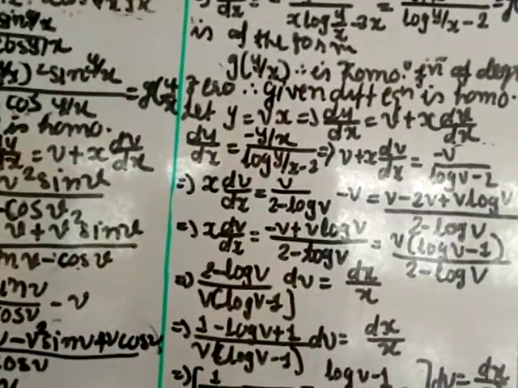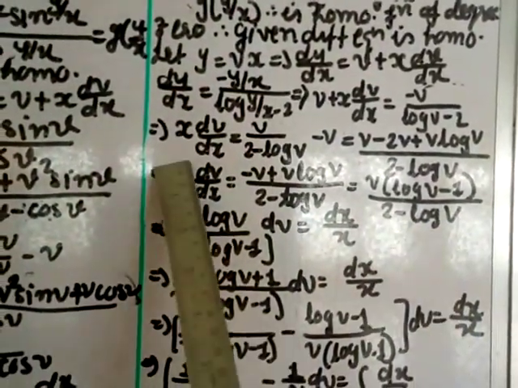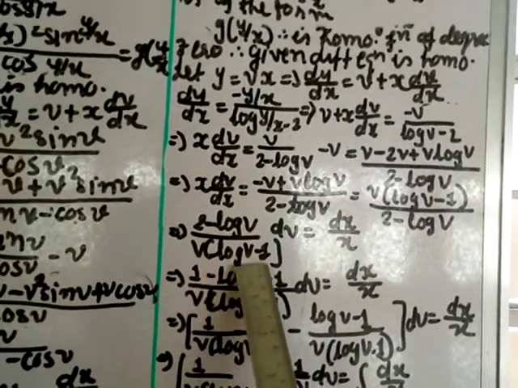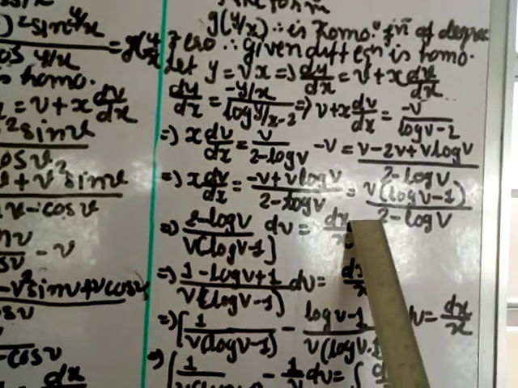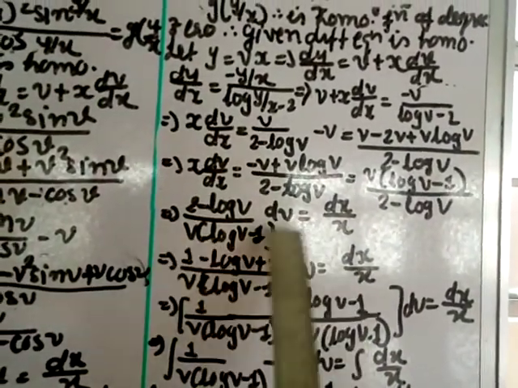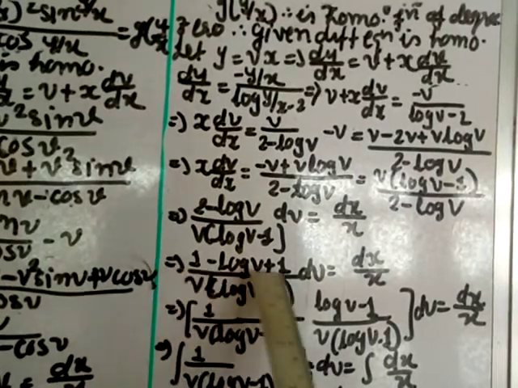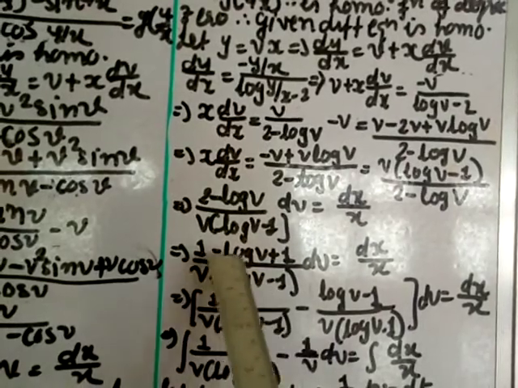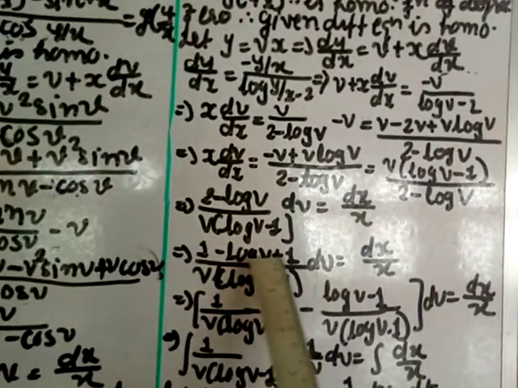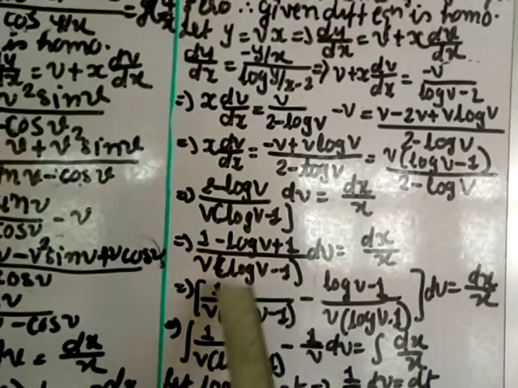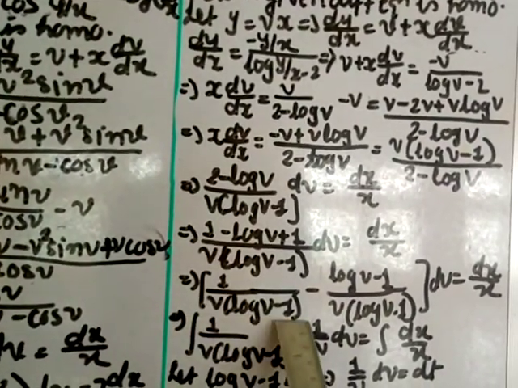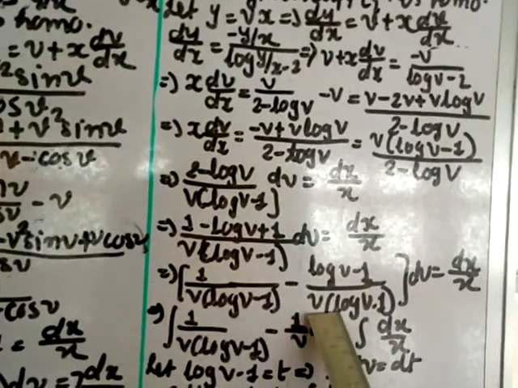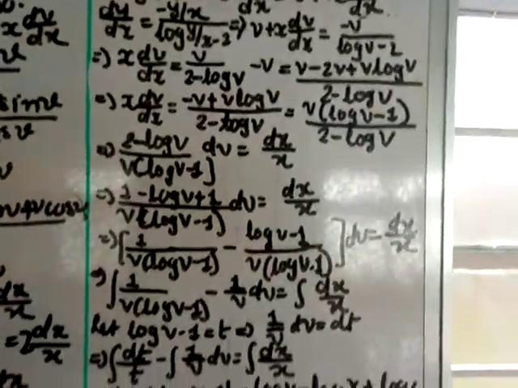Now let us separate the variables. This you transfer here, it will go in the numerator. This you transfer to the denominator. So you get 2 minus log v divided by v into log v minus 1, dv, and dx by x, you transfer. Before integrating, I will make a little arrangement. So 2 can be written as 1 plus 1, and minus log v here. Now I am going to separate 1 by this, and this one is 1 minus log v, minus 1 by this one. So I have written here 1 divided by v into log v minus 1, minus this. From these two taking minus common, here remains log v minus 1 divided by v into log v minus 1, dv equal to dx by x.